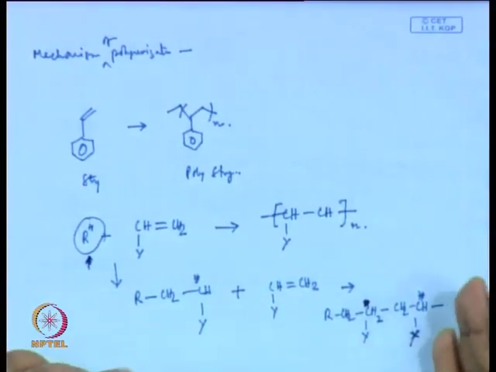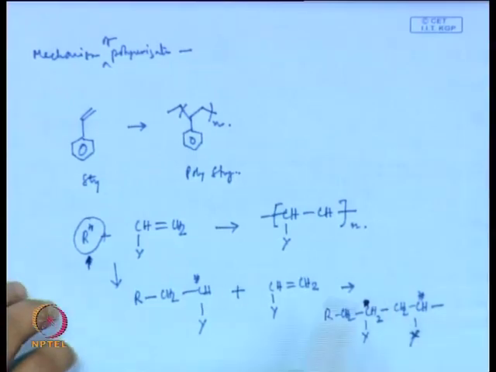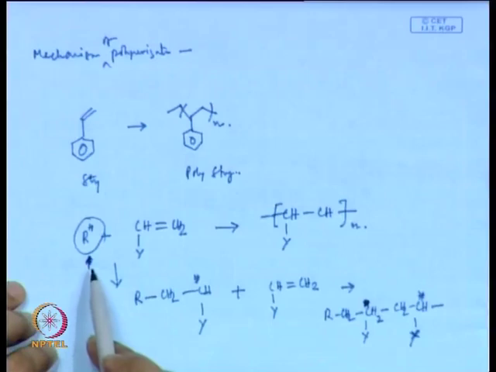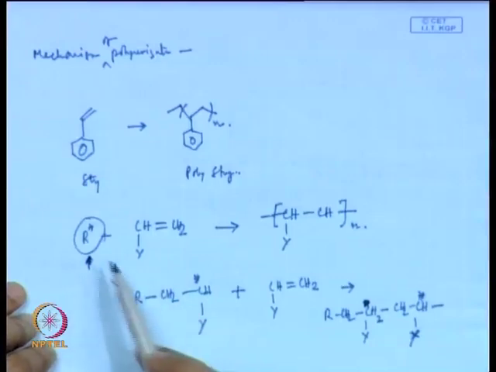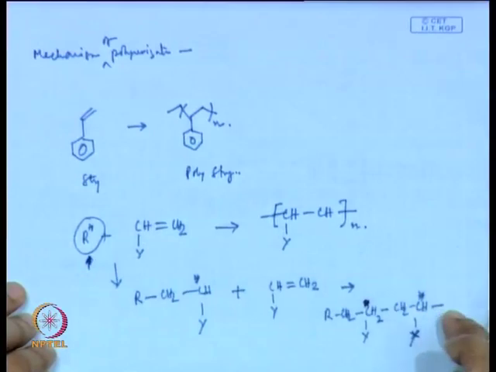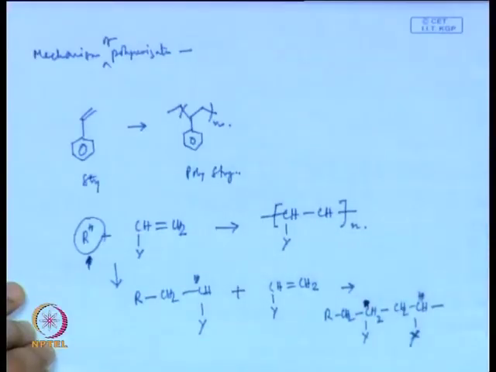I will come to more detail on how this gets terminated and all these things, but for the time being you should understand that more often, as soon as this active center is generated, it initiates the chain and the chain is formed. So, the more initiator gets generated in a system, the more chains are formed. So, if I plot